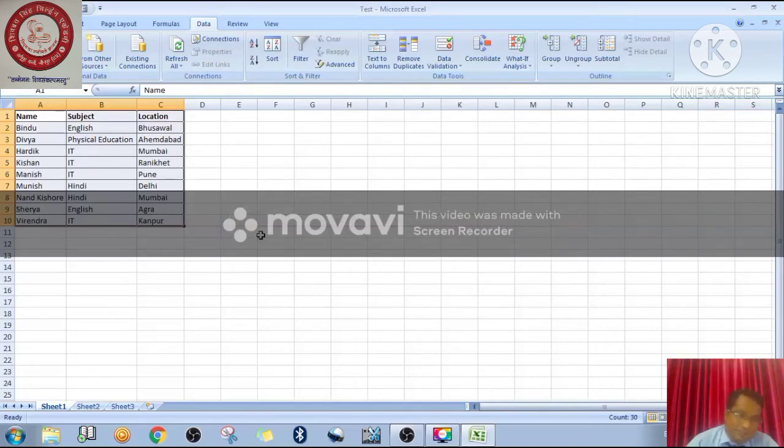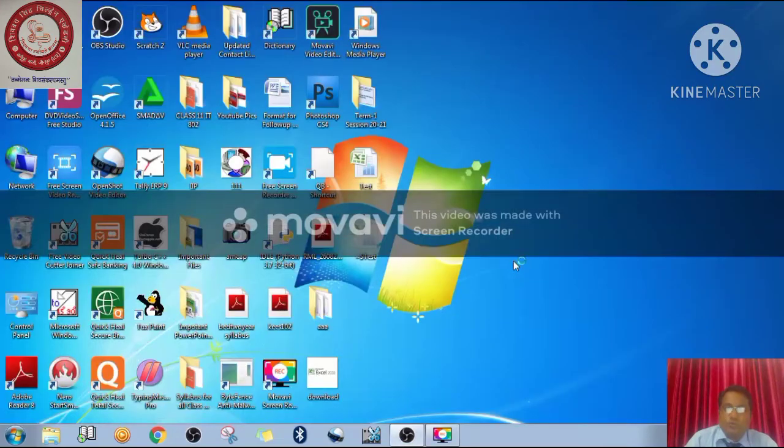See, some changes are arranged here. Right now all the names are arranged in alphabetical order, and in accordance with the same, the location is also getting arranged, right? It's clear? So students, this is the practical demonstration for your Sort button, right? So let me close this window and then we'll proceed to the next one.